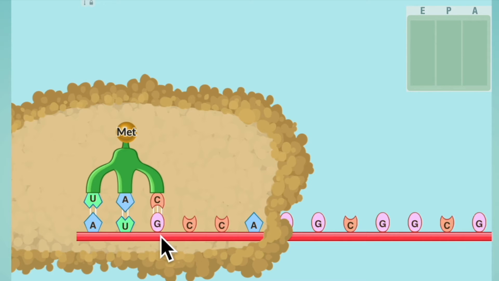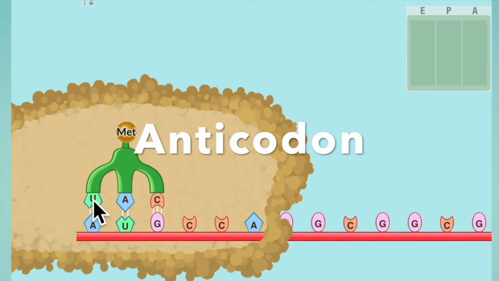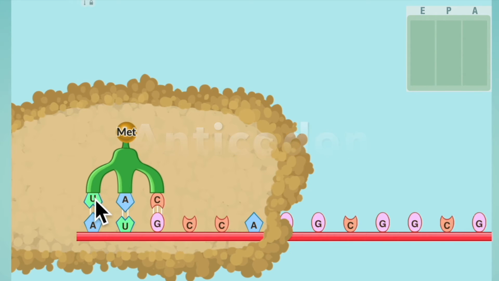So AUG is the start codon. And that is the case all the time for all the cells in all types of animals. And we have the anticodon, which is the complementary codon for AUG. So tRNA is going to match with the start codon through the anticodon, and it's going to bring the amino acid here into the P site.